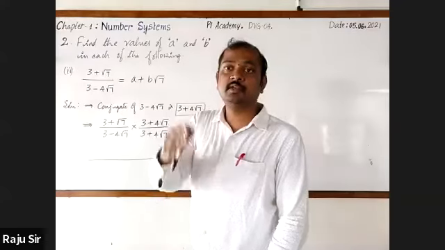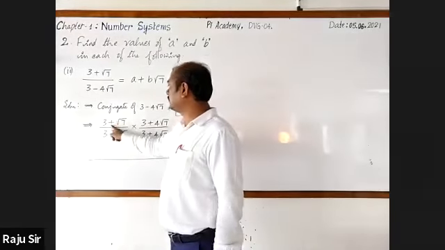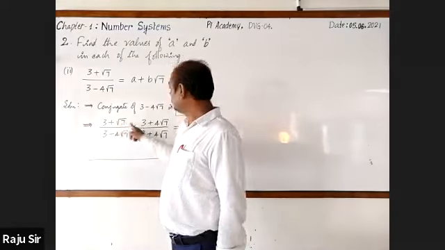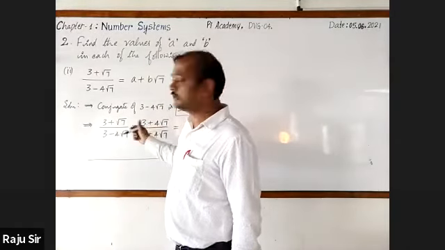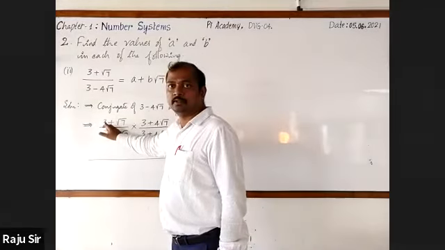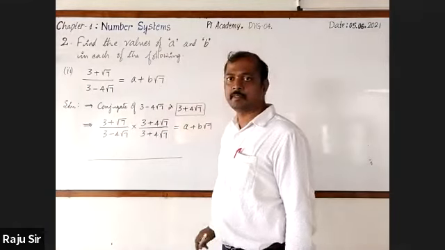The terms are different. If they are same, then you can write (a plus b) whole square or (a minus b) whole square. Here terms are different: 3 plus root 7 is there, and here 3 plus 4 times root 7 is there. Hence you should multiply each of these two terms with these. You can take (x plus a) into (x plus b).